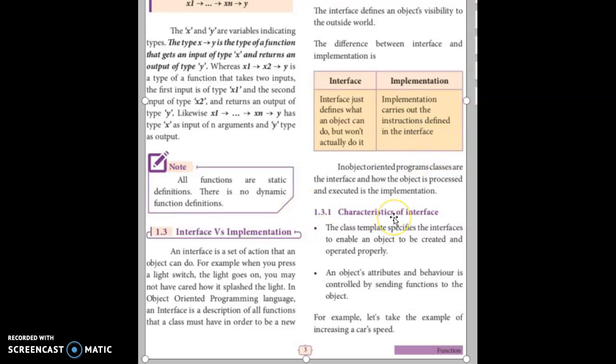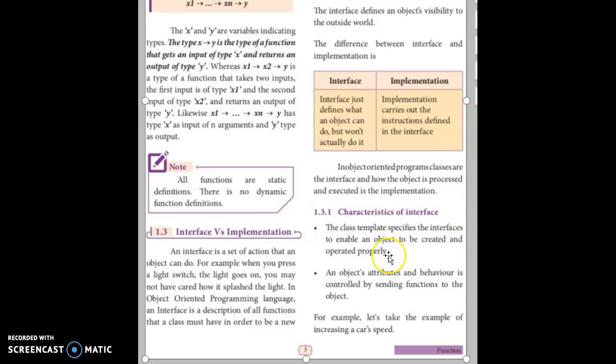We see the characteristics of an interface. A class template specifies the interfaces to enable an object to be created and operated properly. A class template means it is a model. If you are going to construct the model, actually the interface construct is an application. If we are going to construct the application, we must enable an object.